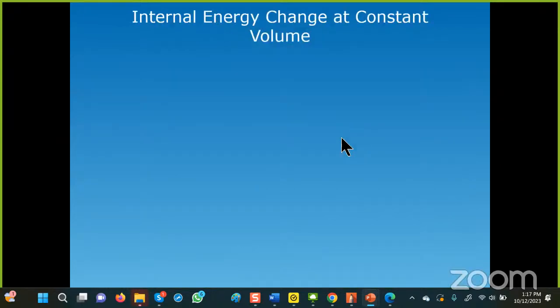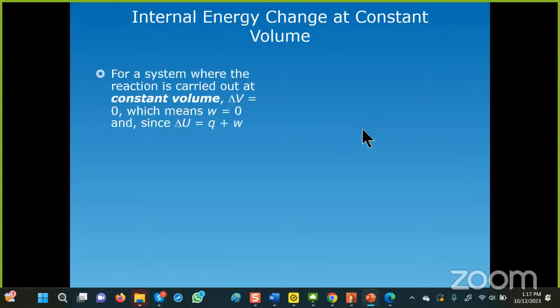All right. Okay. So now we're going to look at some changes when it comes to the internal energy in different situations. We're going to look at changes in internal energy when the volume is constant, and then changes in internal energy when the pressure is constant. Now, we're going to come back to this equation right here that we were introduced to earlier. Delta U is equal to Q plus W, right? Now, remember, we said that W,